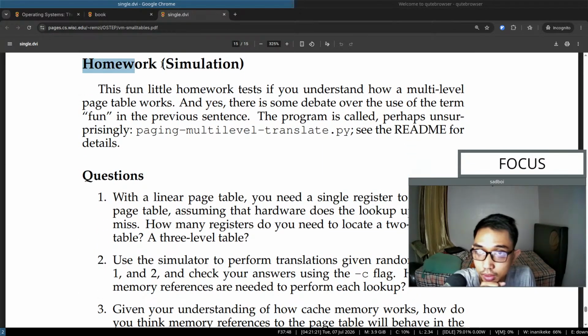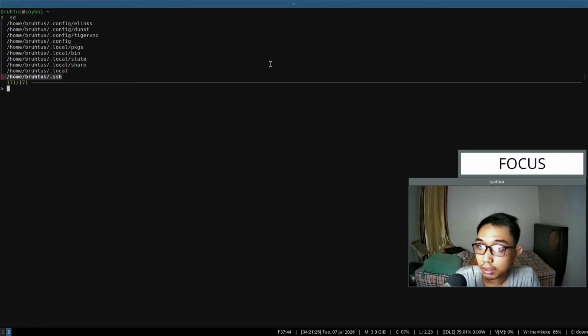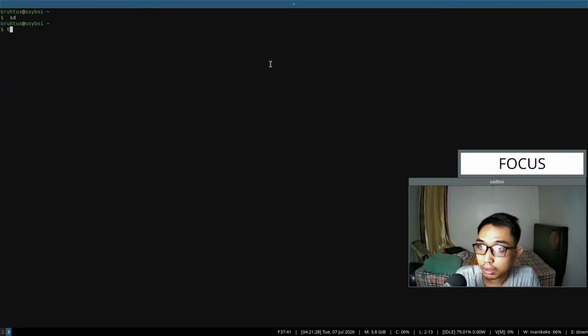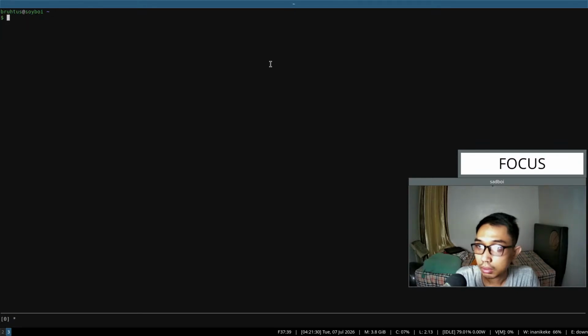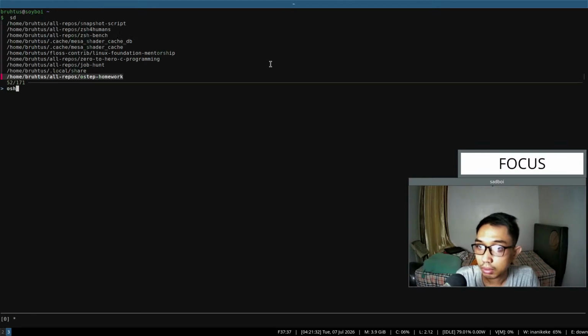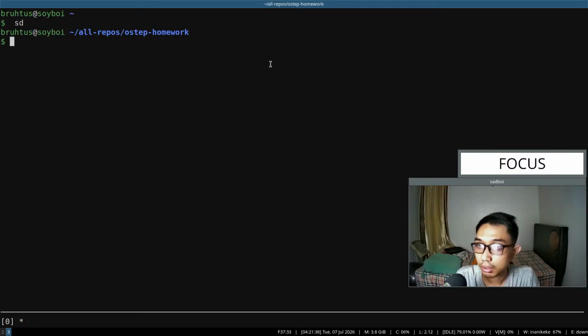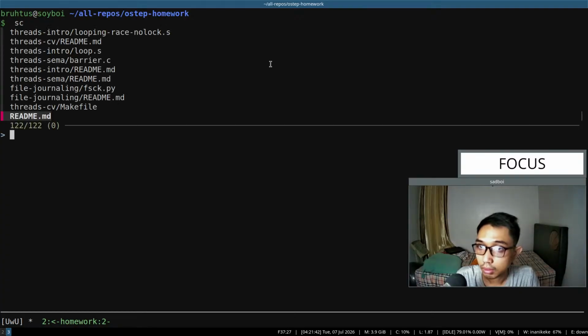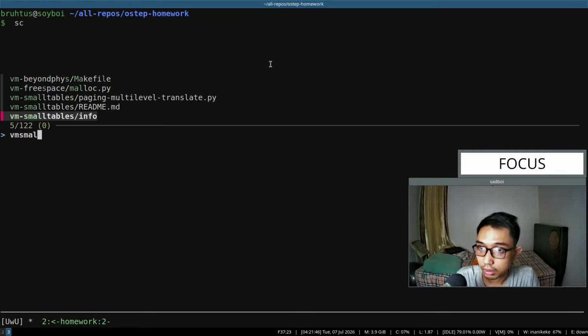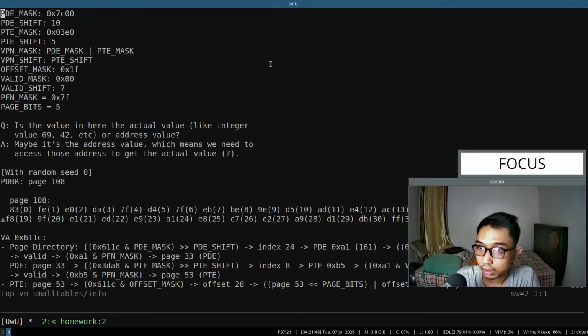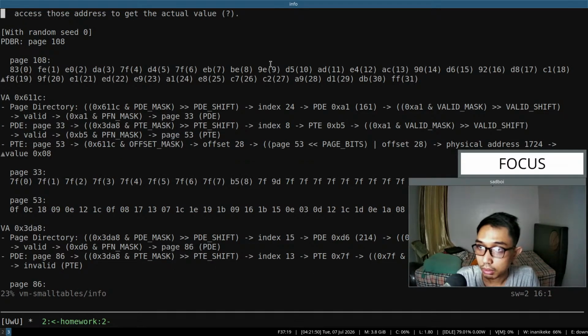Yeah, this is the homework simulation. I think in this one. What is it again? In small tables. Right, previously we already try how to interpret